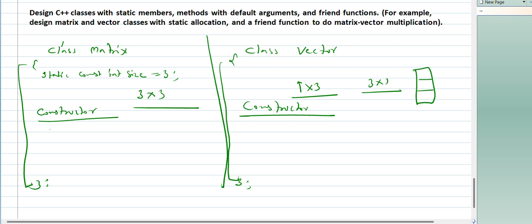So we will use one constructor that will initialize our matrix with default values. Here also we'll do the same,